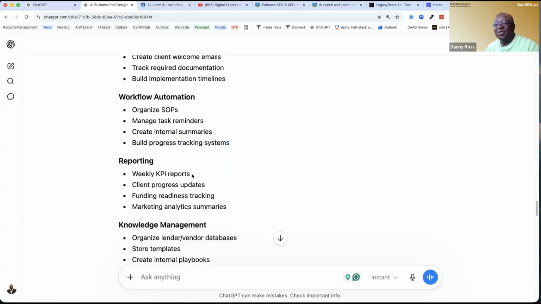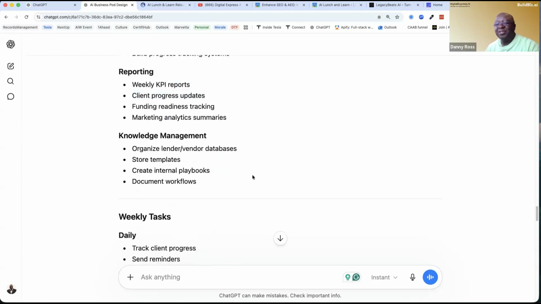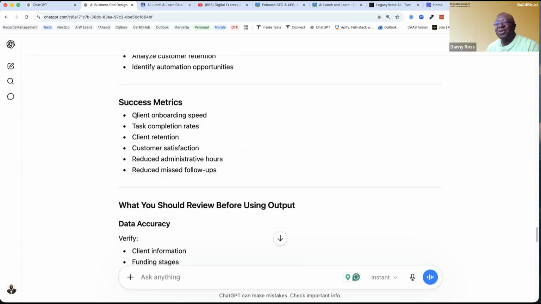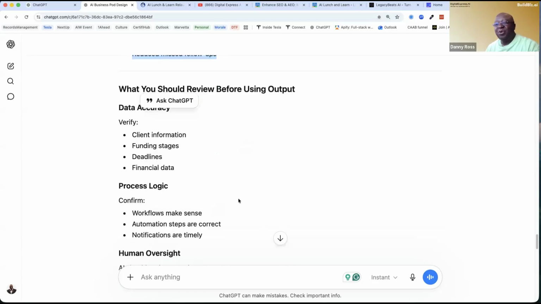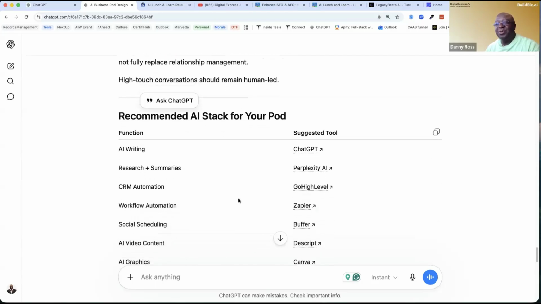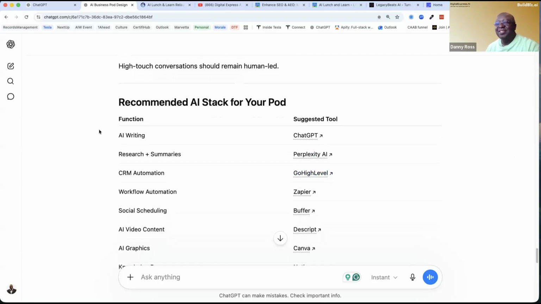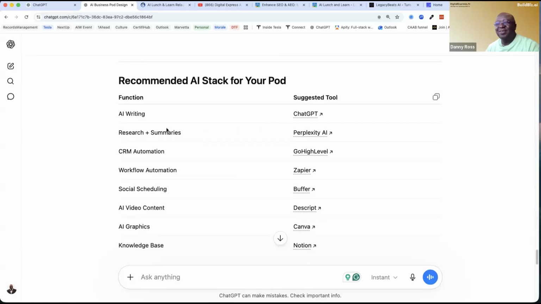And then some of this stuff, if you don't know what a KPI is, don't worry about it. It's just a methodology of tracking success and not success, progress reporting, and so on, knowledge management. If you know what those things are, great, and if you're not, we can help you with all of that. So anyway, the point is you can run those 3 different AIs in any of these different tools. I love the way that ChatGPT is recommending other AI tools. I find that kind of funny. I love AI in the sense that it's perfectly aware of its competition.